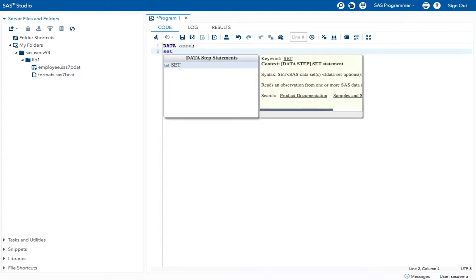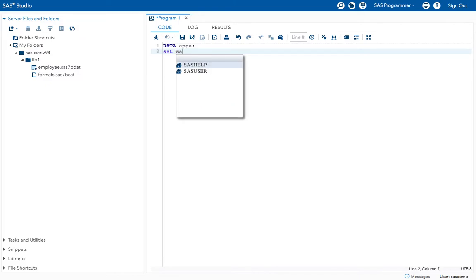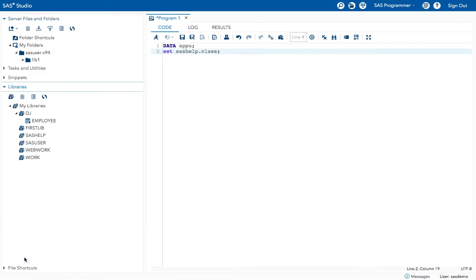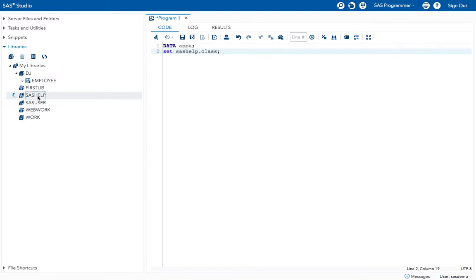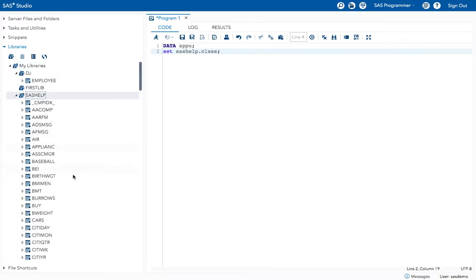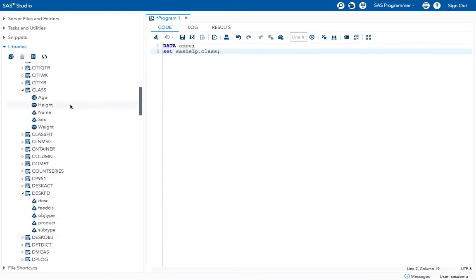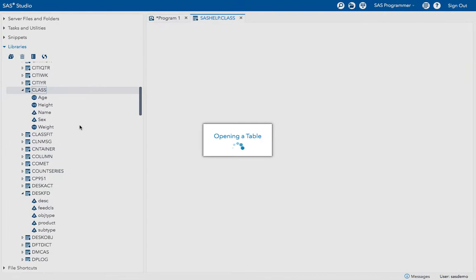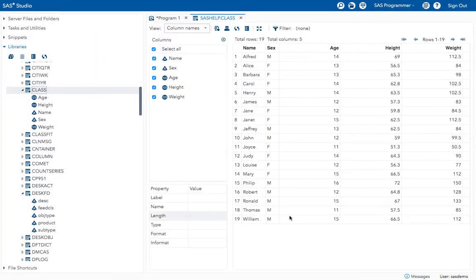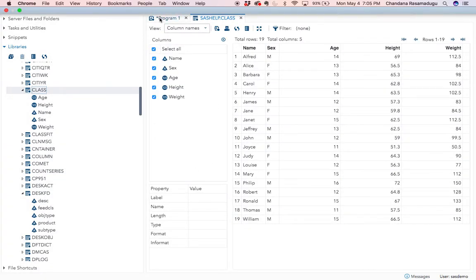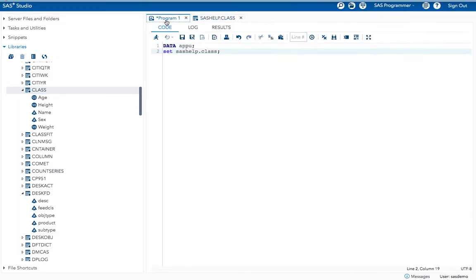Set sashelp.class. So in library SAS help, I want the class data set to be in my work library. Basically I want to bring this SAS dataset into the work library. For that I am giving this syntax.